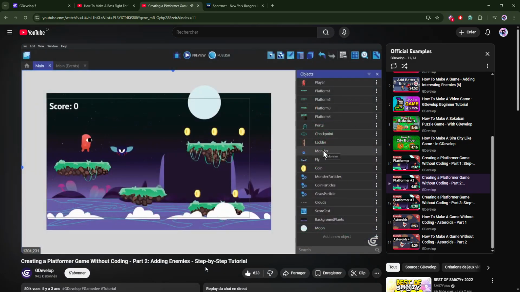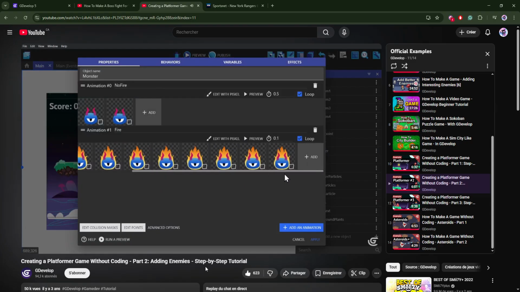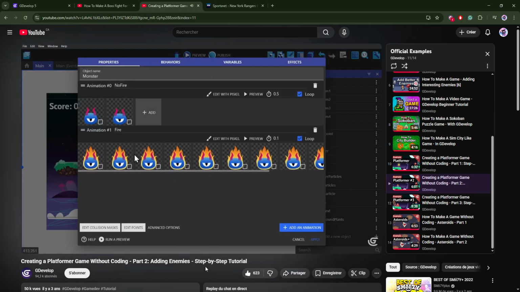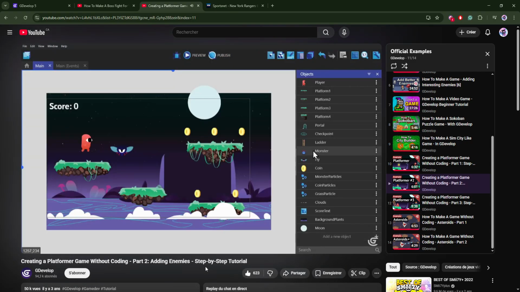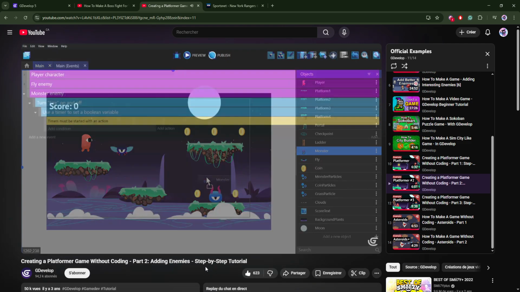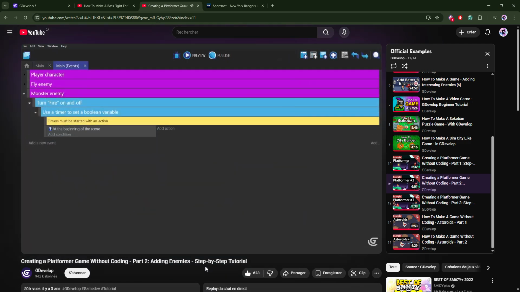Next, we're going to add in this static creature that catches on fire. So the first thing we'll do is set it to turn its fire on and off based on a timer. So at the beginning of the scene, we'll start the timer called fire of the monster object. So this is an object timer. And then next, if that object timer is above 2 seconds,